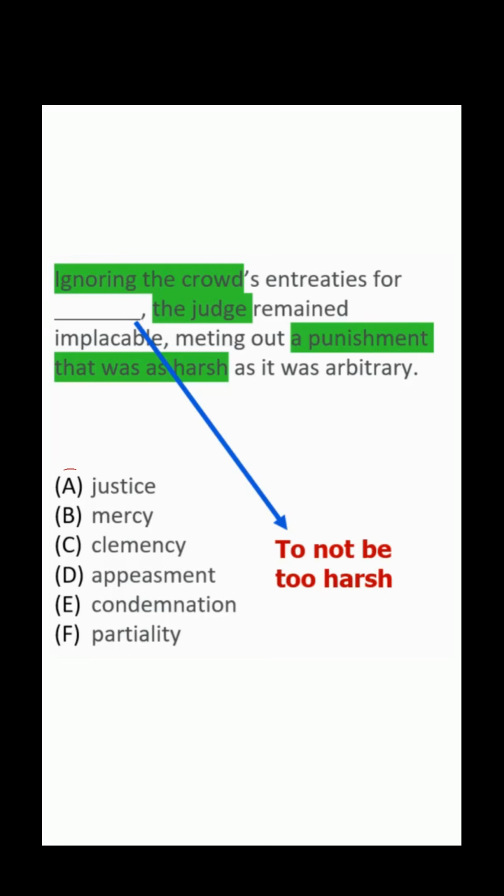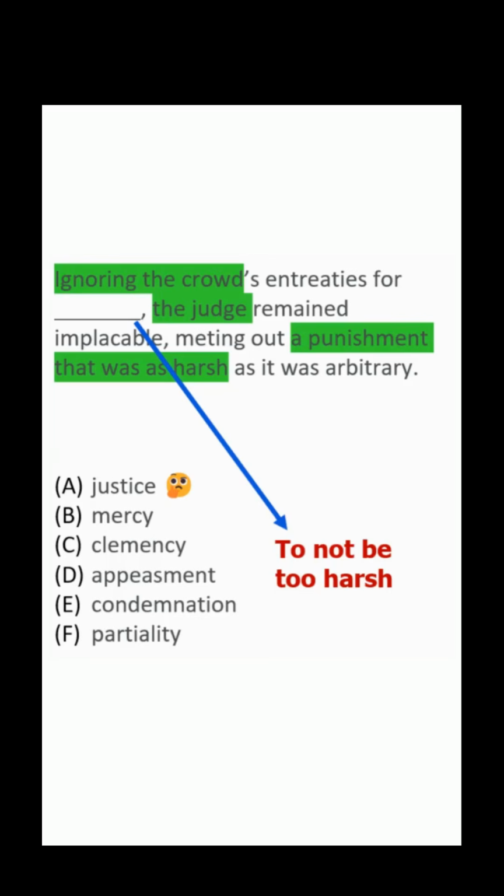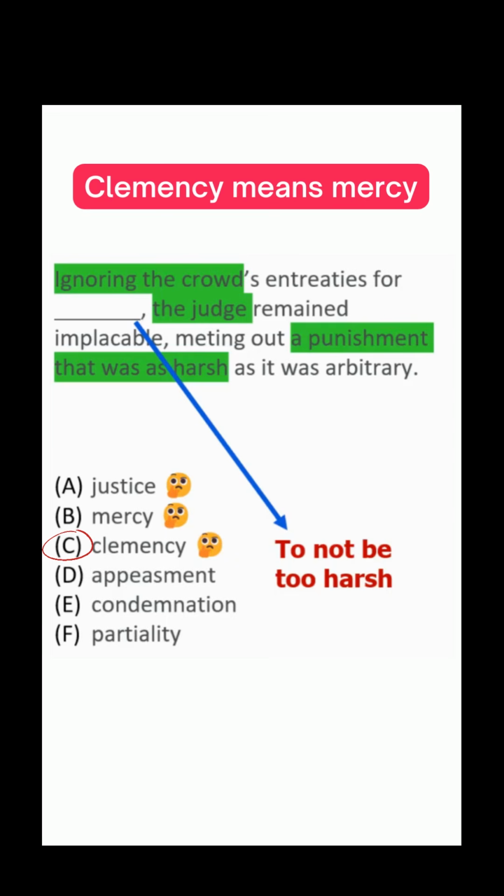First up, we have justice. And justice really could work here, but it's just our first word, and remember we need a pair of synonyms. So don't fall in love with the first word in a list. Hang on to it as a maybe. Next up, we have mercy. Mercy absolutely fits the context since it's the opposite of a harsh punishment. So mercy, we're going to hang on to that as well, but we should not just be going with justice and mercy just yet because we have 4 other words. Up next, we have clemency. Clemency means mercy. It means forgiveness. Those 3 are in contention.